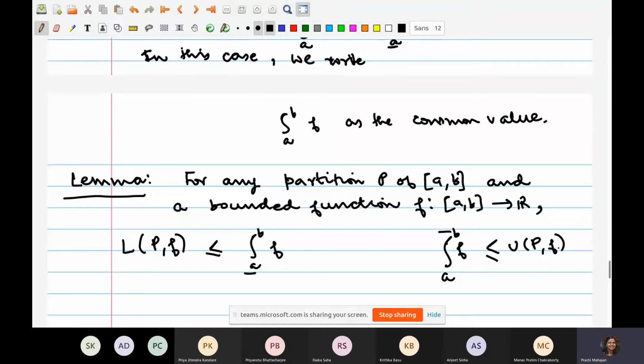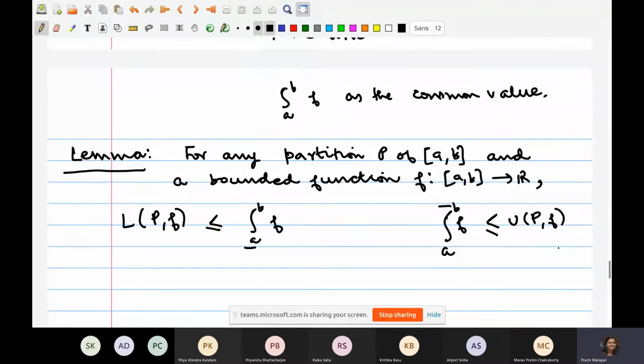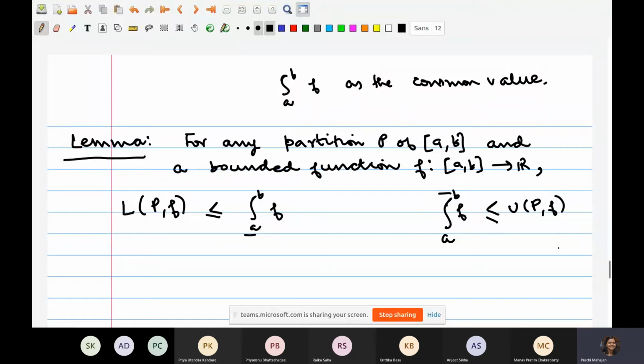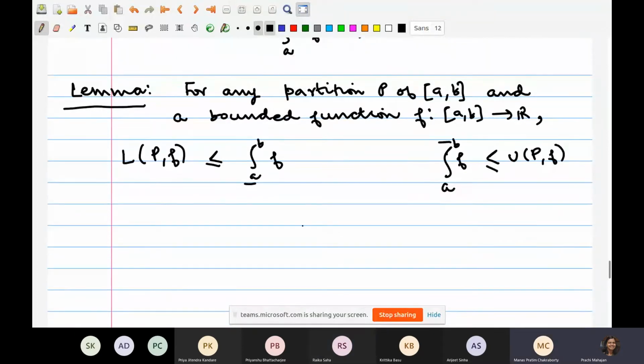Is that okay? It's just from the definition of the lower integral and the upper integral. They are defined as the supremum and infimum of some quantities. Is that okay? The point of this inequality is that I want to prove an inequality here. The only inequality that is not obvious in this case is the one between the integrals, and we will prove that.